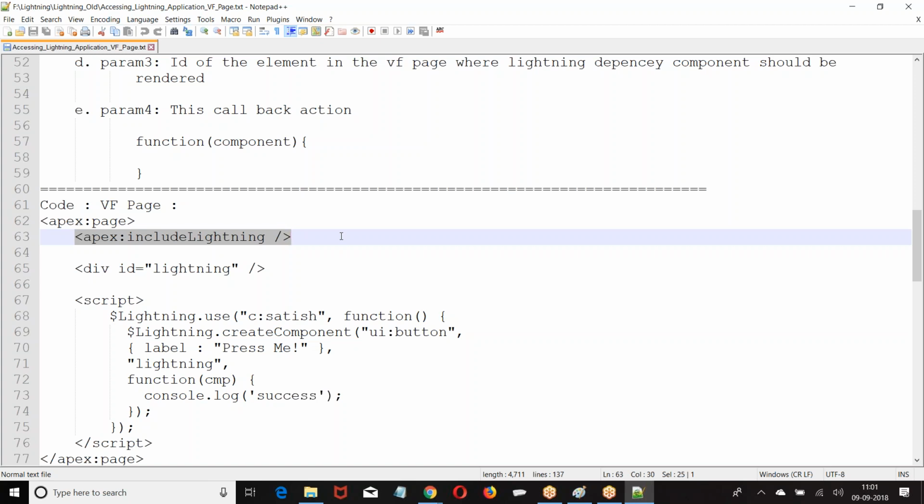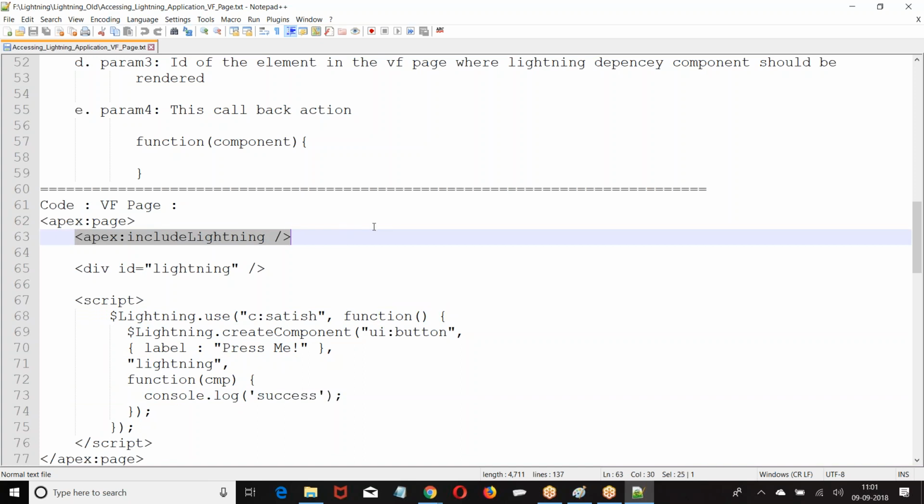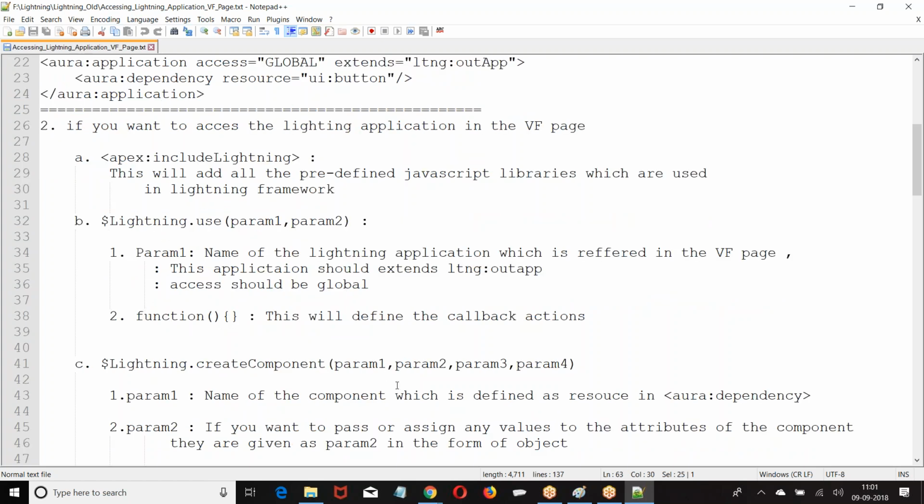By using apex include Lightning, the moment I use this command, the Lightning JavaScript library files are included in the Visual Force page. Then only we get to use the create component function. All these are understandable to the Visual Force. This is the code I wrote. I hope you are good with this. Am I clear? Okay. Then next, I was supposed to define here